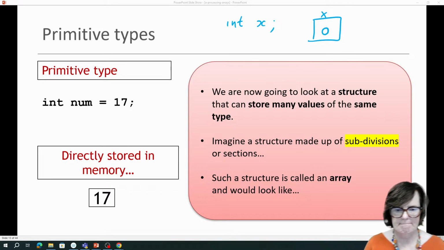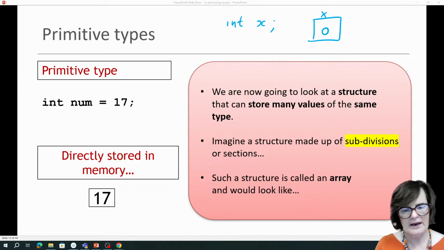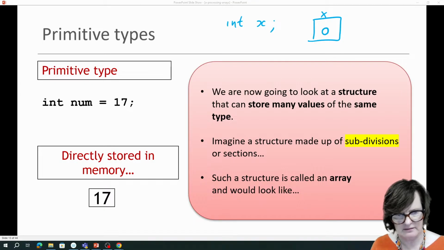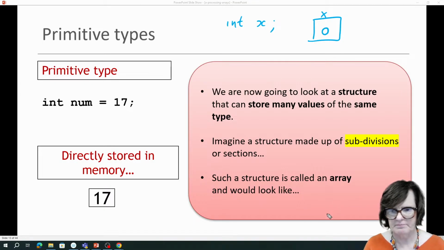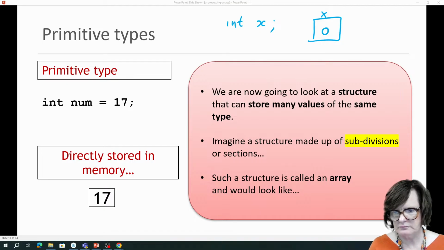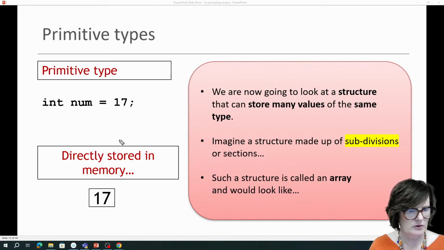Okay? The default of 0. So every type like that has a default. All right? So the order then,